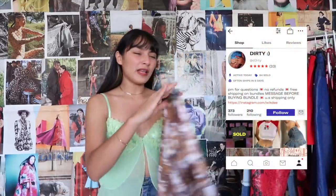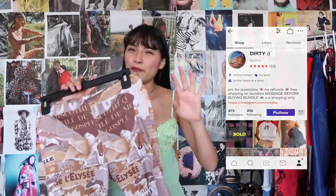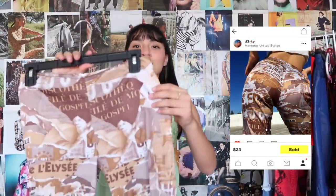Okay, you guys, we are moving on to the fail pieces now. So these next two pieces I actually purchased from a buyer named Dirty, and they were priced pretty well. I think I got these for around like $20 to $25, somewhere between there, but I'll post it right here. And I was really stoked about these because in the photos, I was like, wow, she looks super good in them. I love this print, super different,